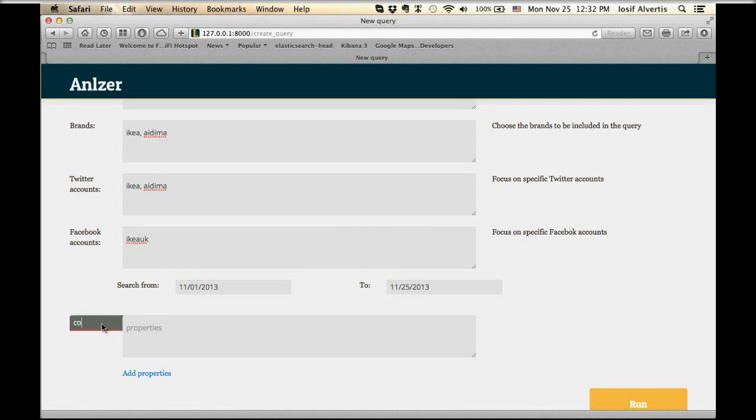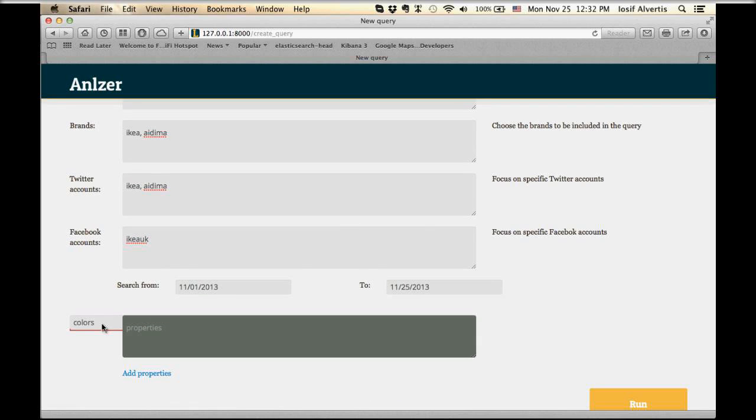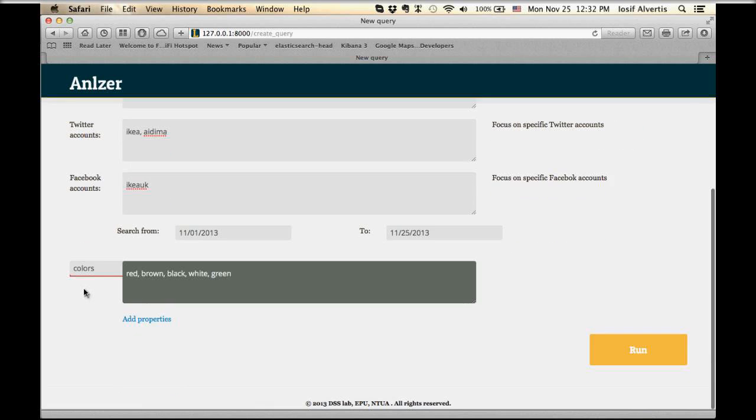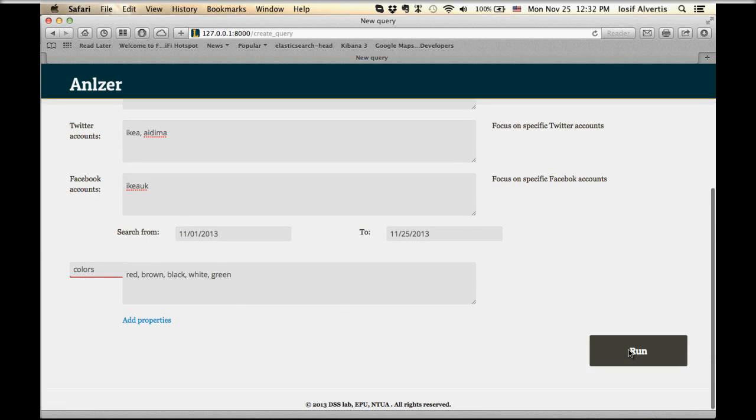So let's say I want to filter the contents I have already based on colors: red, brown, black, white, green. I have to point out here that these additional properties are not propagated to the connectors. So I'm not collecting new tweets right now or new comments from Facebook, but I just filter and present the results when I have them ready. We're going to see how. So I run this